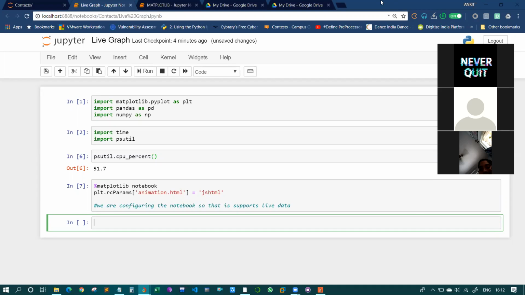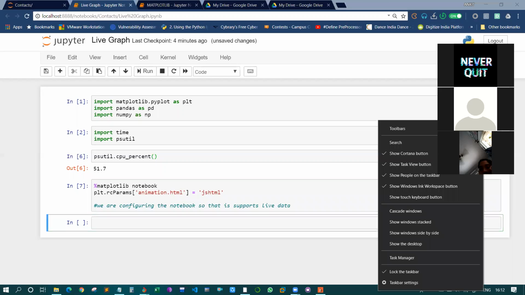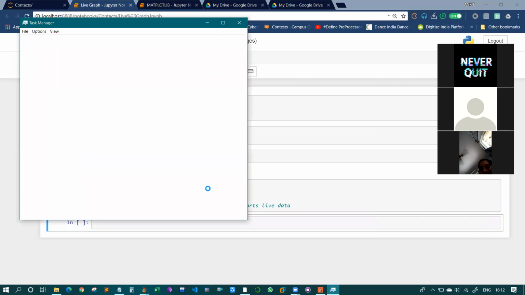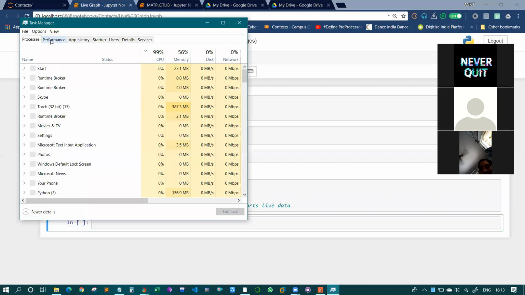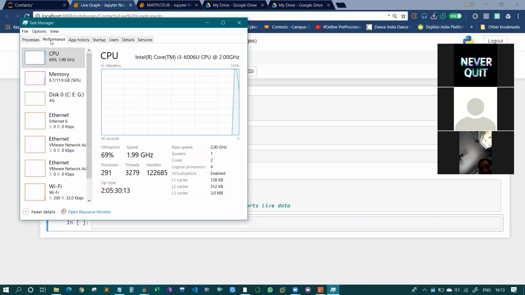CPU percent means your current CPU utilization, how much stress your CPU is under. Say you have a processor of 2 or 2.4 gigahertz, and based on the task you perform, some part of your CPU gets used.